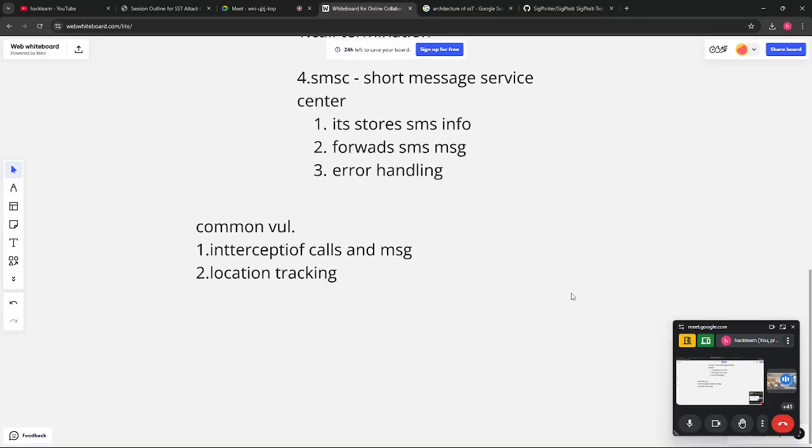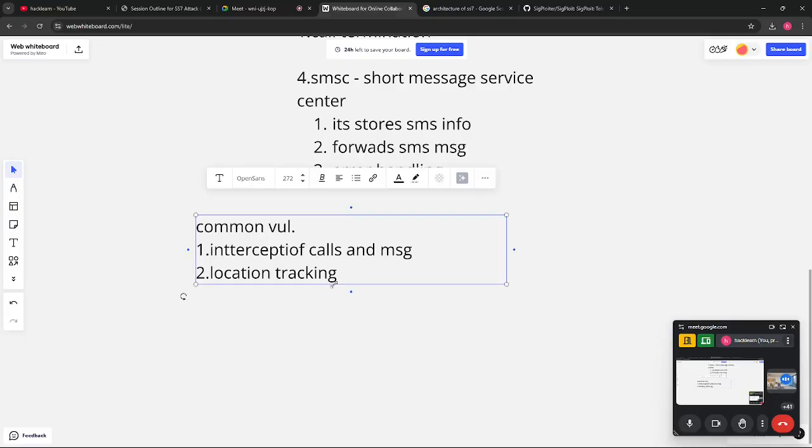So basically, let me explain how it is done. First, the attacker queries the HLR of a victim for a mobile number's IMSI number, and then, using the IMSI number, the attacker sends an SRI SM message. I have discussed in SIM cloning what the IMSI number is. I hope everyone understood.